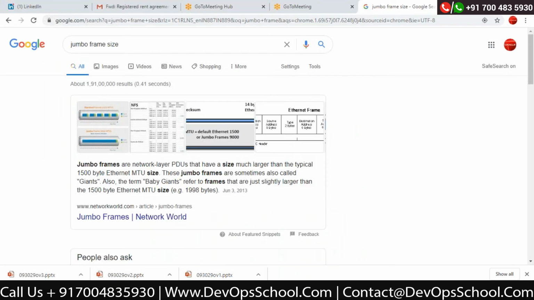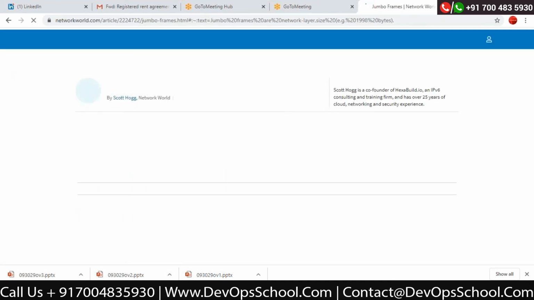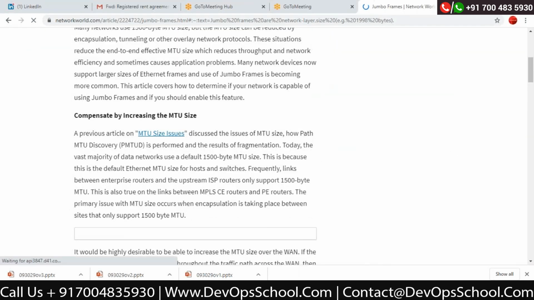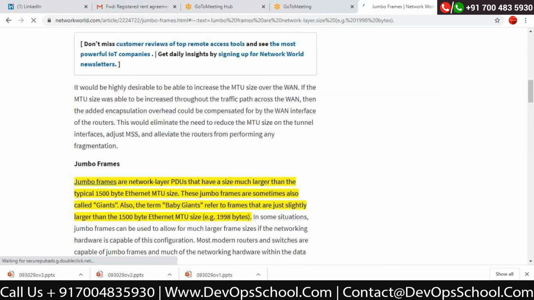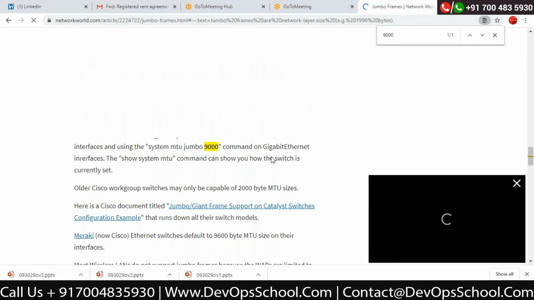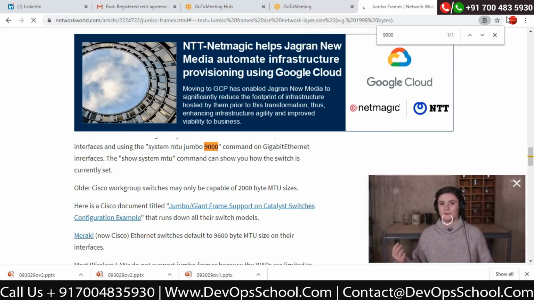I think it goes up to 9000 bytes. I can set up to 9000 bytes actually.